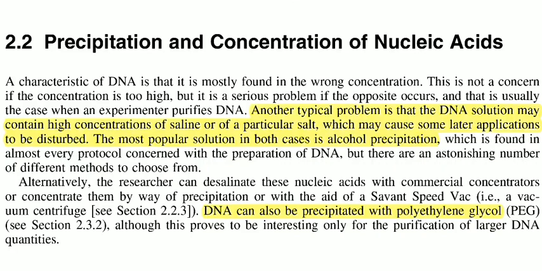Okay, so another typical problem here is that while isolating DNA, the most basic thing that we used to do is use alcohol like ethanol, butanol, etc., because they have a lower dielectric constant than water, so it's easily precipitated. And the second thing is that we precipitate DNA by using salt solutions like sodium chloride, sodium acetate, etc. So these are the two basic common things used for precipitation of DNA in the isolation